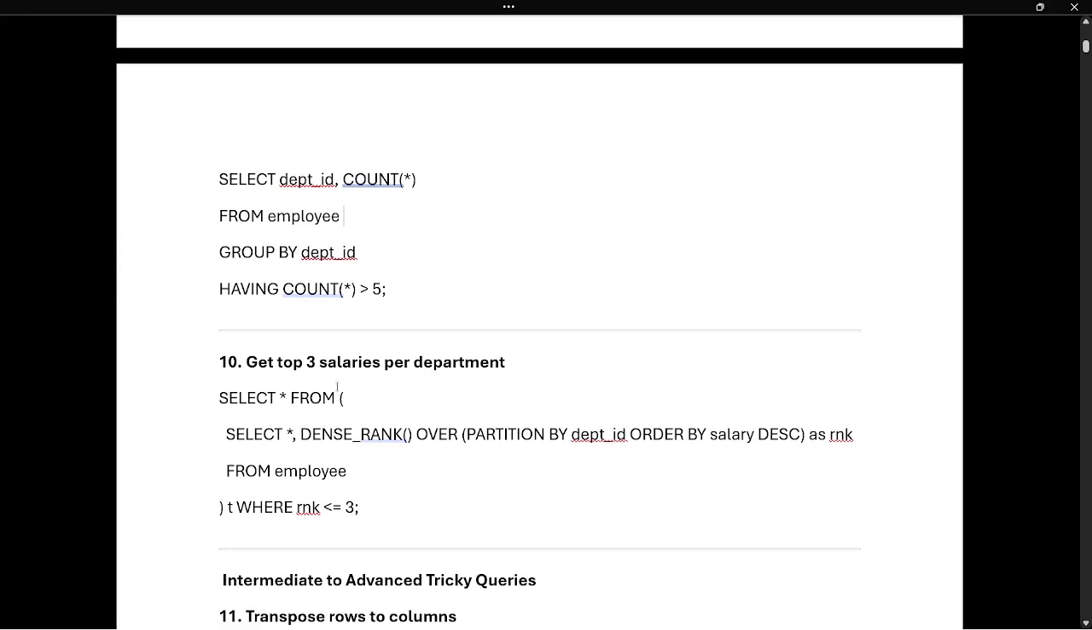The next question is get top three salary per department. Initially we solved the question of who has the highest salary, but not department wise. Here we want it department wise. So same thing, but we will do SELECT * FROM (SELECT *, DENSE_RANK() OVER (PARTITION BY department ID ORDER BY salary. If we are not asking department wise, we will discard the PARTITION BY department